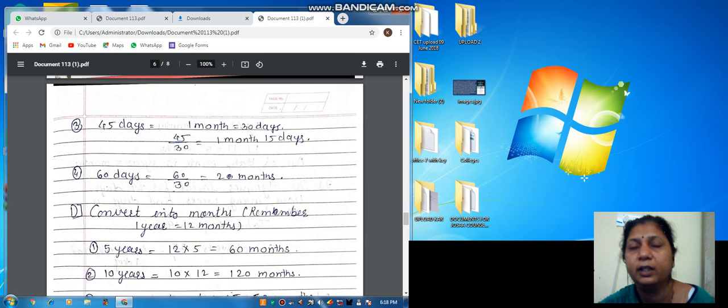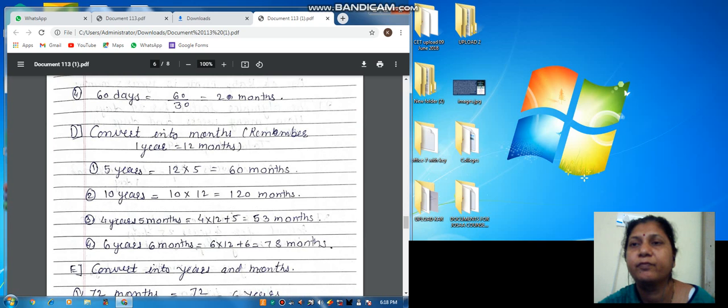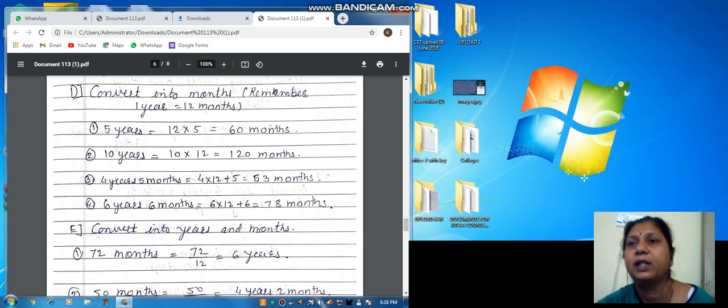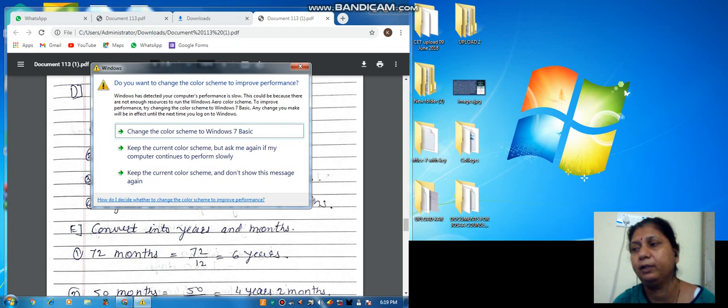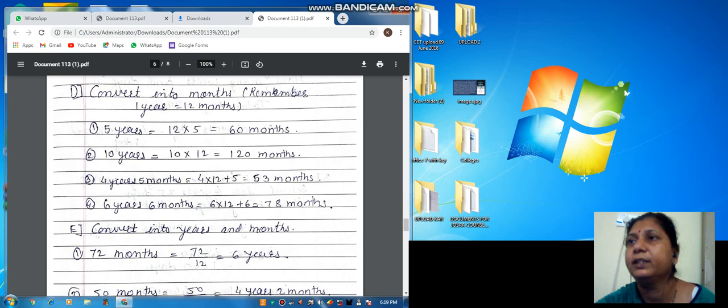Okay. Understand everyone? Fine. Now we will start our next question, that is D. Convert into months. So remember, 1 year is equal to how many months? 12 months. So let's start. 5 years is equal to 12 multiplied by 5, that is 60 months. Okay. 10 years is equal to